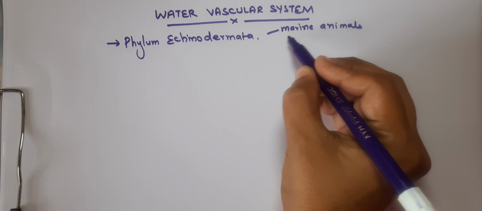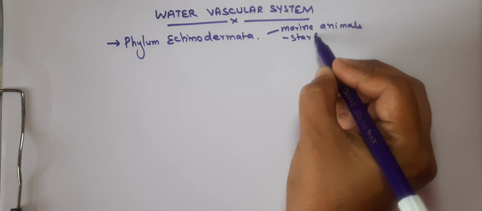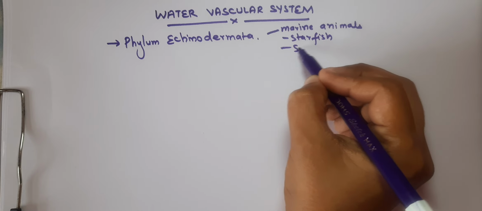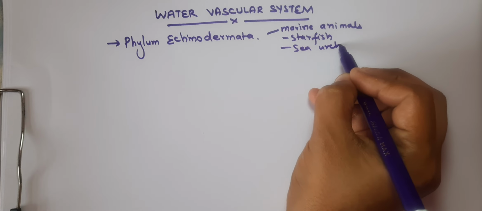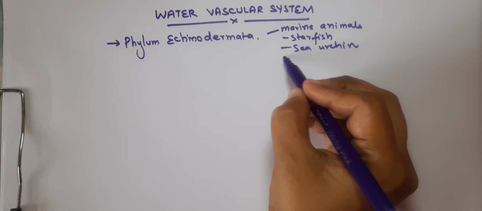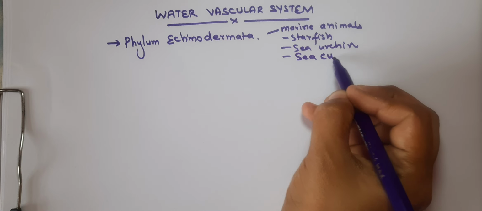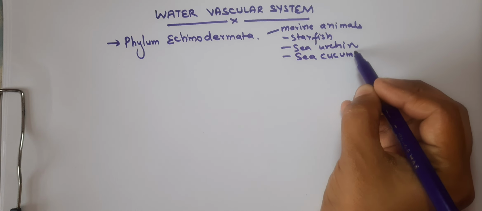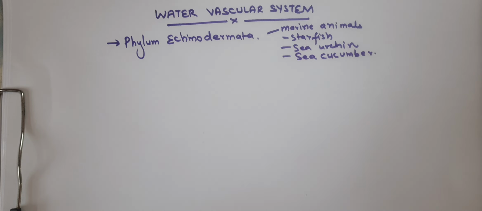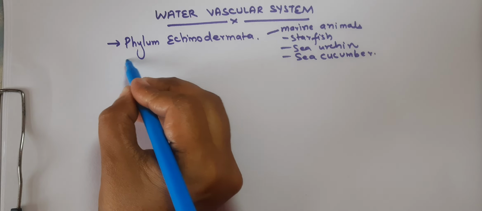such as starfish, sea urchin, and sea cucumber. In these species you can find the water vascular system. Now this system, students, is unique and is integral to their locomotion, feeding, respiration, and excretion. So it is useful for their